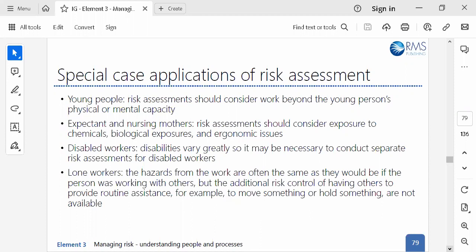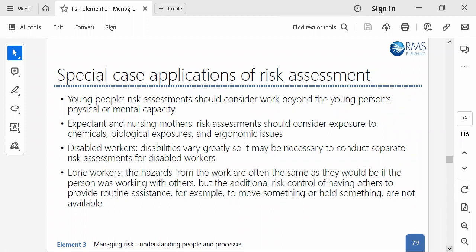Young people: risk assessment should consider work beyond the young person's physical or mental capacity, because young people are under 18 and they don't have any experience. So when we are preparing the risk assessment, we need to consider young people because they are most vulnerable to the risk. Then expectant and nursing mothers, risk assessment should consider exposure to chemicals,